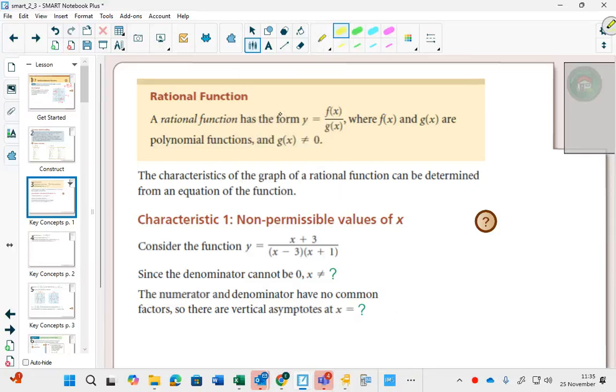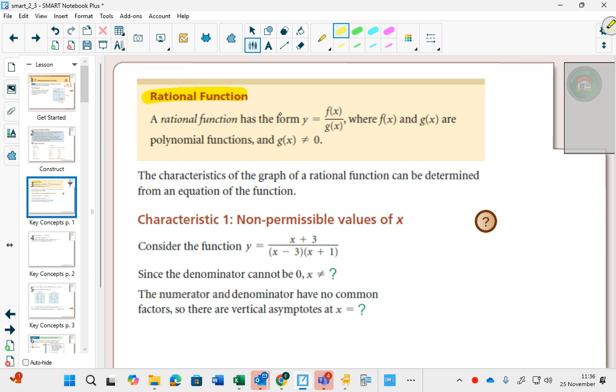Here's the definition of a rational function: it's when you have a polynomial function on the top and a polynomial function on the bottom. For the most part, we will stick to lines and parabolas. But if you wanted to, you could extend it to have x cubed graphs in there, x to the 4 graphs over an x squared graph, anything like that. But on the exam, they tend to keep it to parabolas and lines